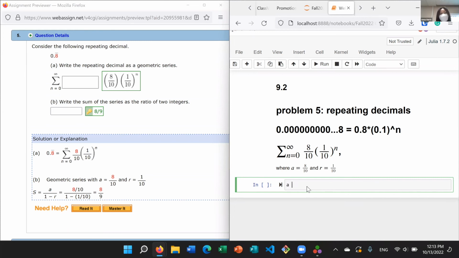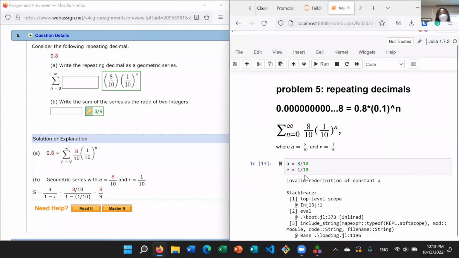First thing, let's figure out: A is equal to 8 over 10, and R is equal to what? 1 over 10. Then can I find